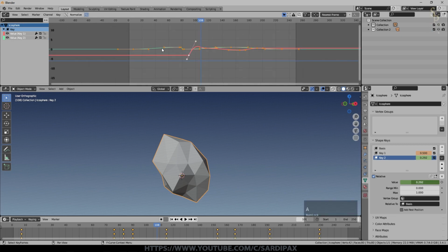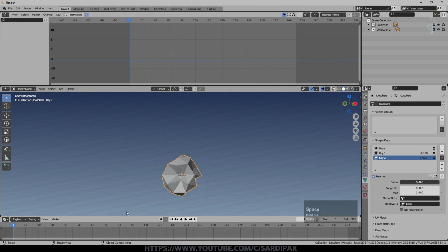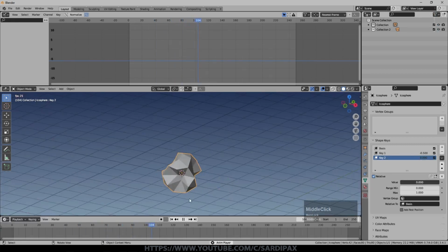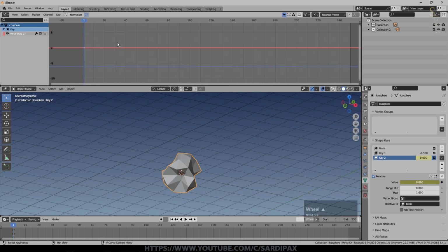So I'm going to select all those keyframes, we'll go to the beginning of the animation, and I'm going to delete them. So now there's no animation there. I've still got a bit of distortion left on it because that's how it was when I removed the keyframes, but there's nothing there for either of the keyframes. So I'm just going to select keyframe 2, and I'm just going to press I over the value just to add a keyframe. So you can see the keyframe is there.